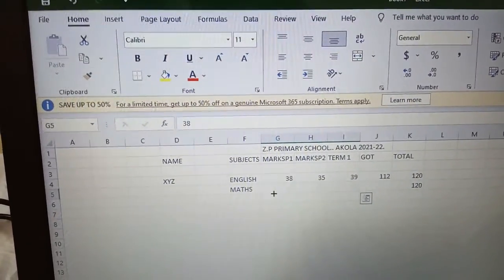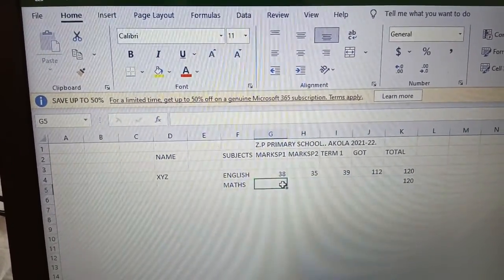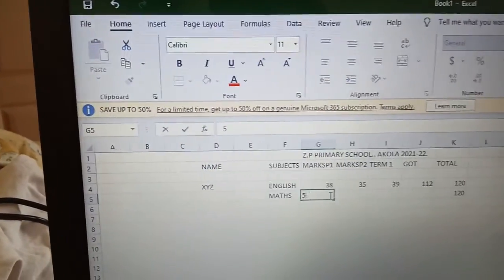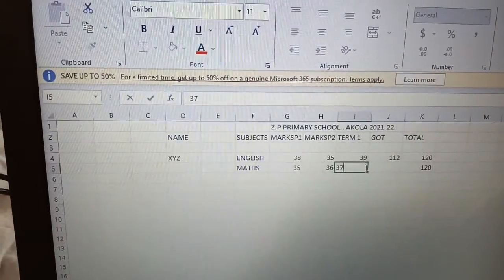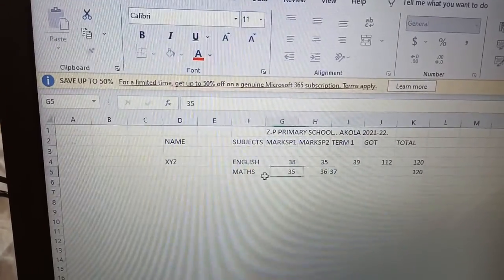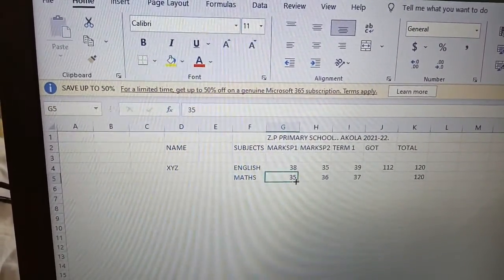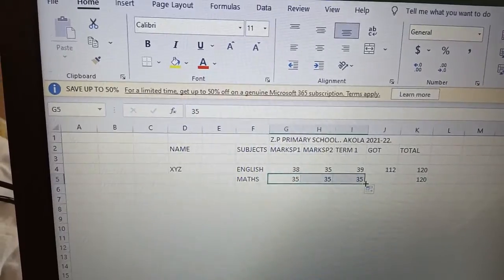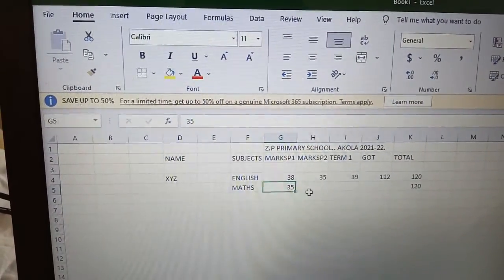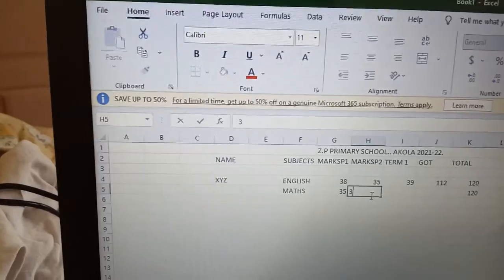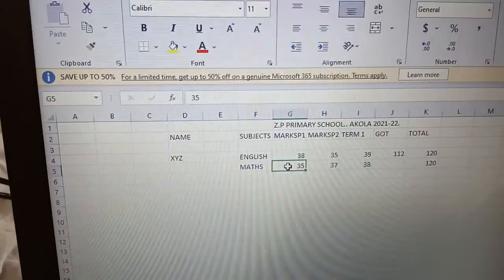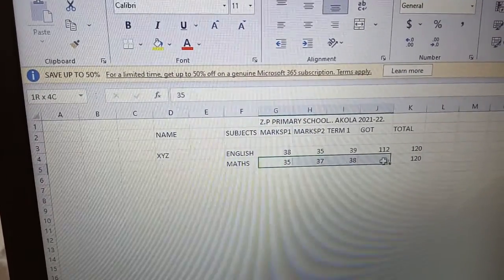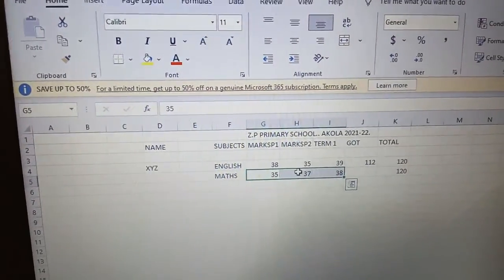If you select like this, then it will be blank. What we have to do, if I type here 35, then 36, then 37 he got. If I select like this, then it will be whole blank. If I select like this, then it will be whole 35 only, as you can see. And we don't have to select like this, we have to just select like this. Wait, I will show you. 37, 38, we have to select like this. Just click on the middle, and then select like this. Now it does not change to 35.